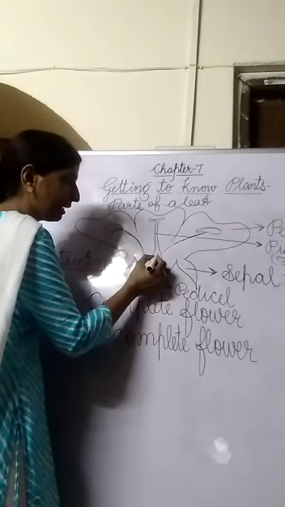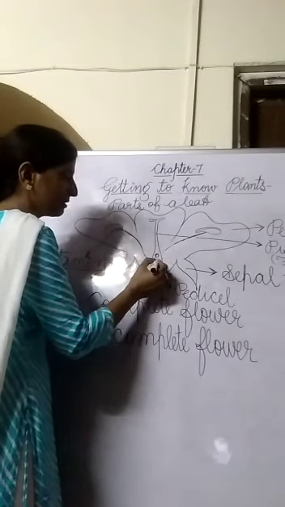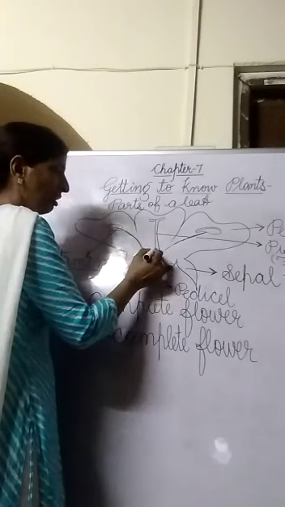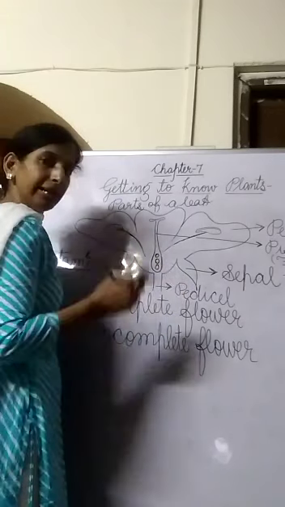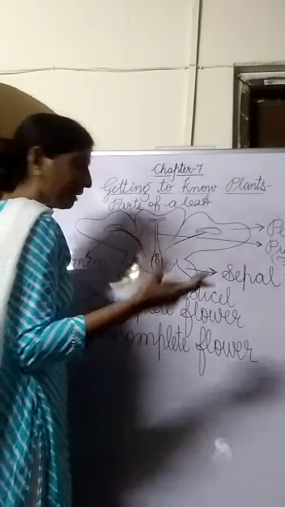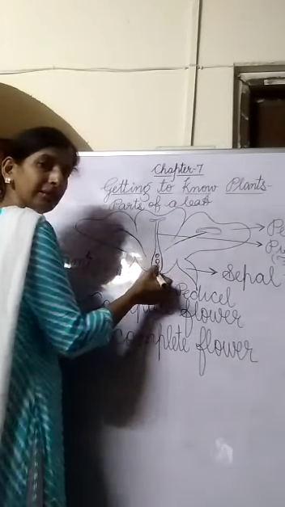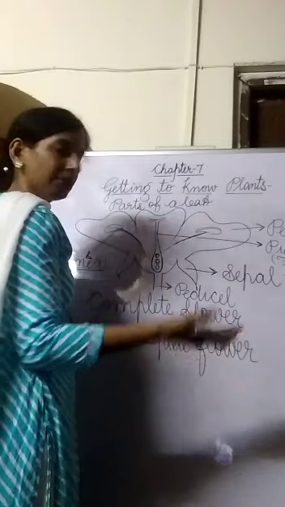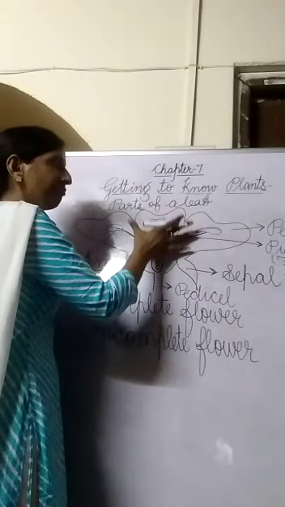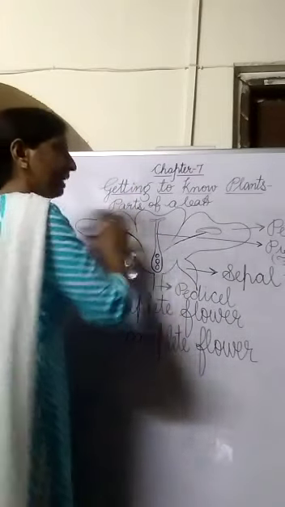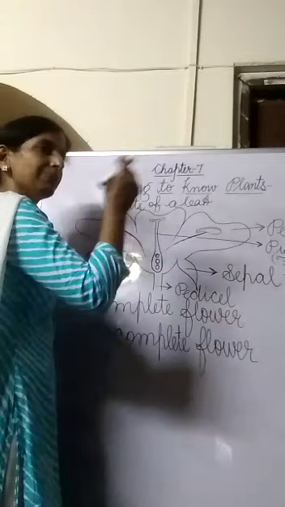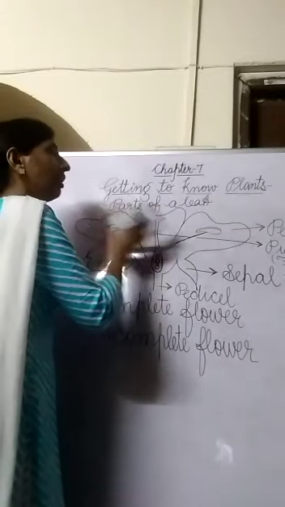Inside the ovary there are ovules. On maturation, when the ovary stores food, it becomes fruit. And ovules give rise to seeds. So the important function of a flower is to produce fruit and seed. Right? That is why a flower, as it has male and female parts, produces seed. It is called the reproductive part of a plant.